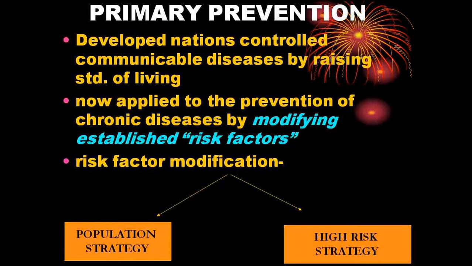Population strategy is for the whole population. We advertise smoking kills, alcohol is dangerous to health or something. Whereas in high risk strategy, we select some people who already have risk factors like high cholesterol, high BP, diabetes, unhealthy lifestyle, and we try and modify these factors which are already existing. So we are trying to attack two types of people here. One is the general population and one is the high risk population. By this time, you should be aware what is a risk population, what is a risk factor. Okay, we have described it in the last class.